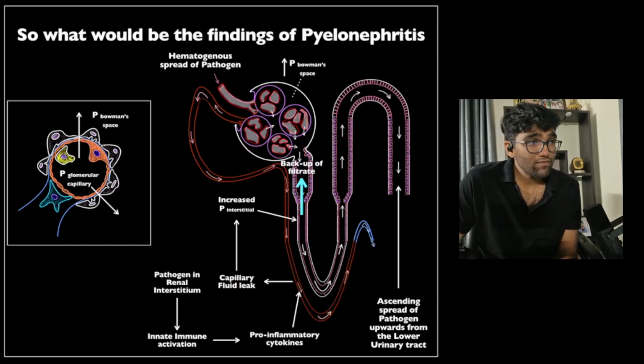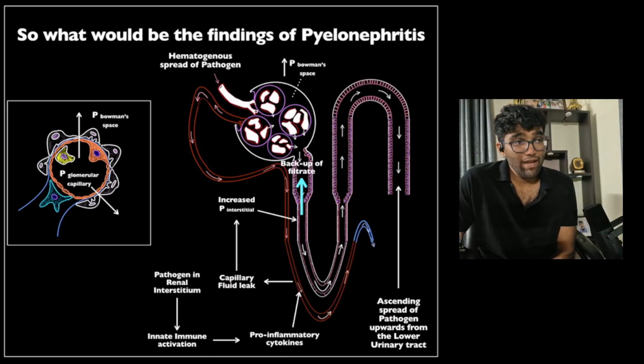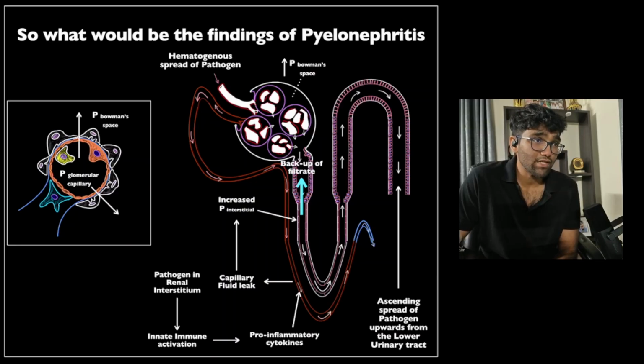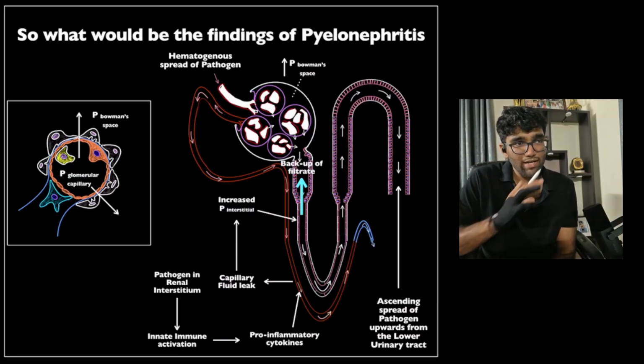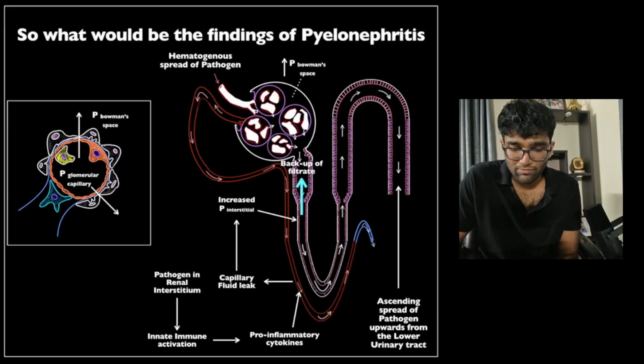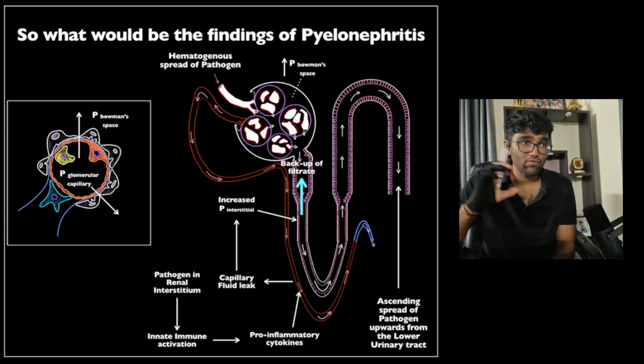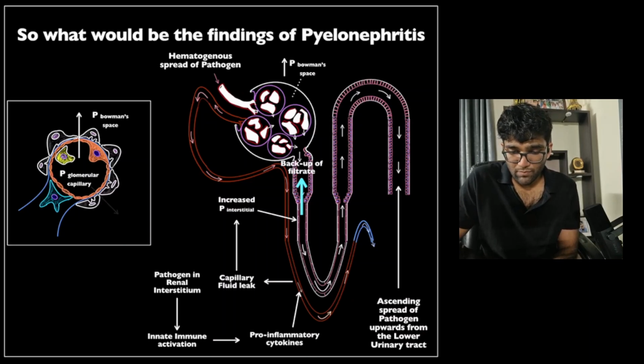Now, naturally, in case of an infection, this would not happen everywhere. This would happen in parts of the kidney. Okay, so some parts of the kidney would be relatively fine. Some parts of the kidney would be affected more. So you might have areas within the same kidney, or maybe one kidney is affected and the other kidney is normal. So either way, there would be a discordance in the rate of shift from your corticomedullary phase to parenchymal phase, either between the kidneys or between one part of the same kidney and another part of the same kidney. Okay, so as a result, there will be a decrease in the perfusion pressure, and